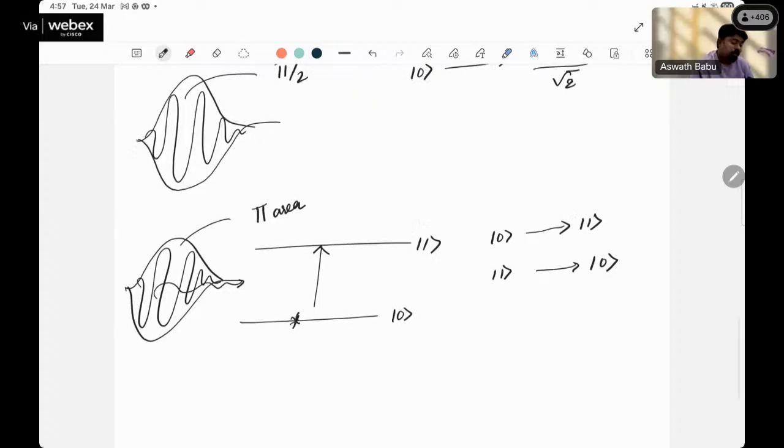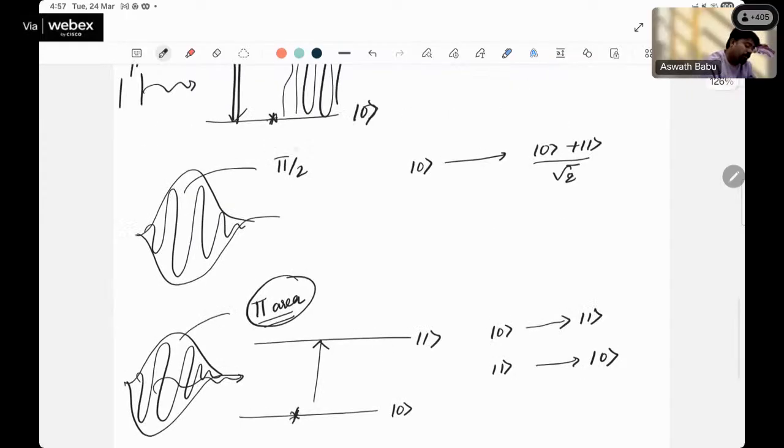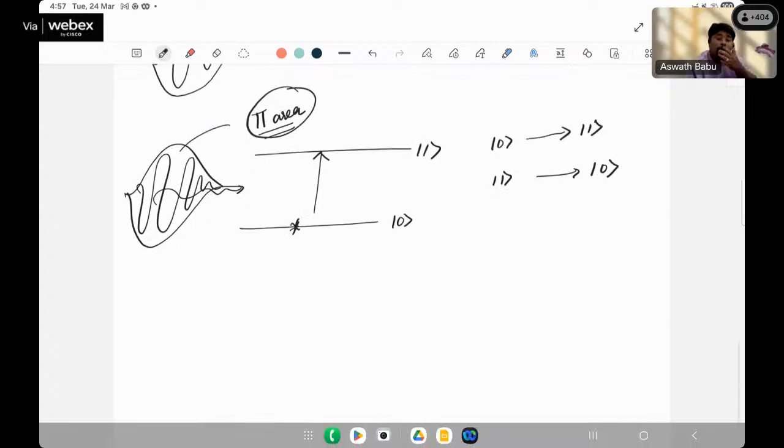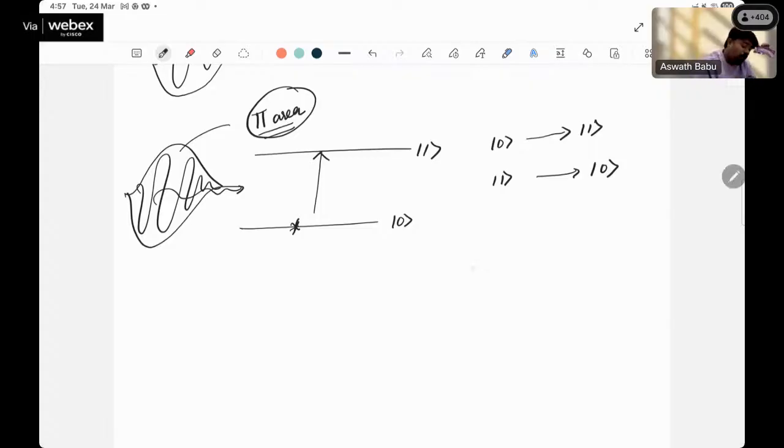So this is what a pi pulse is. Why? Mathematically, you can find the area of the pulse exactly equivalent to these values. That's why they're called pi pulse or pi by 2 pulse. And interestingly, on a Bloch sphere, if you notice,